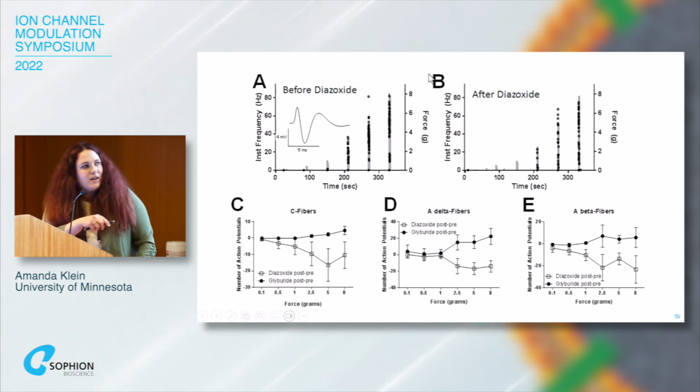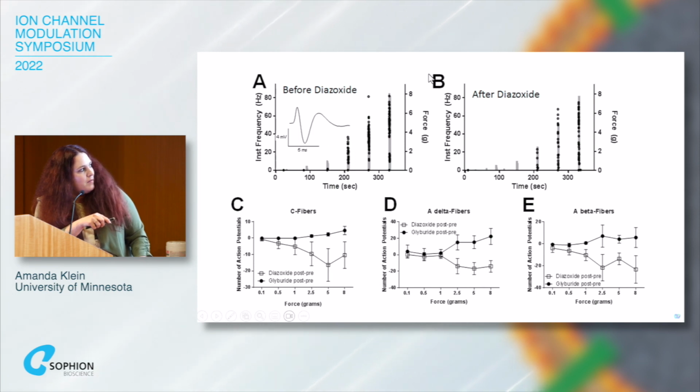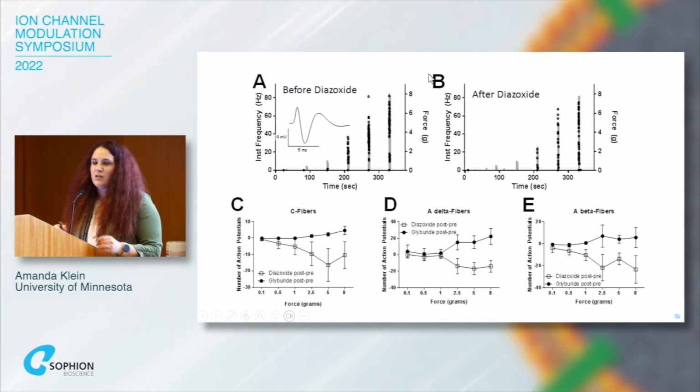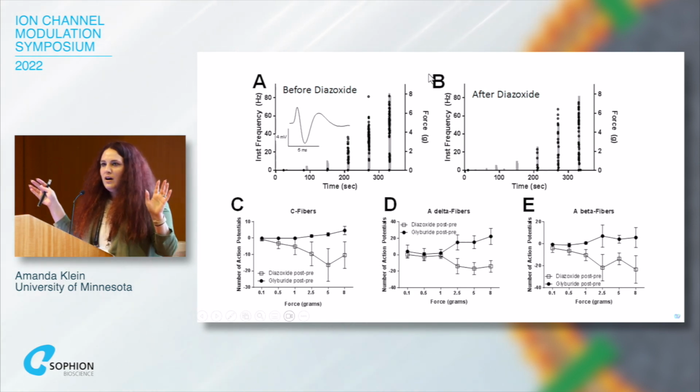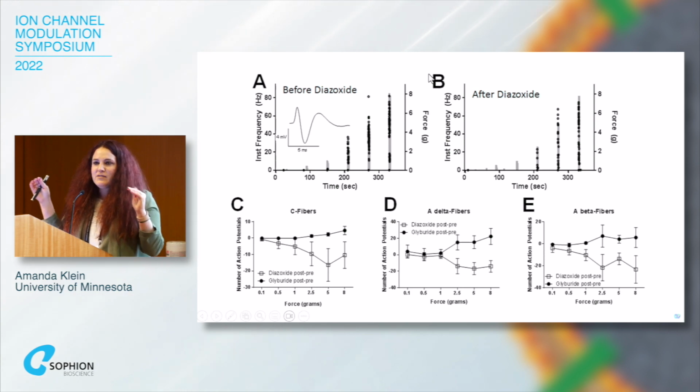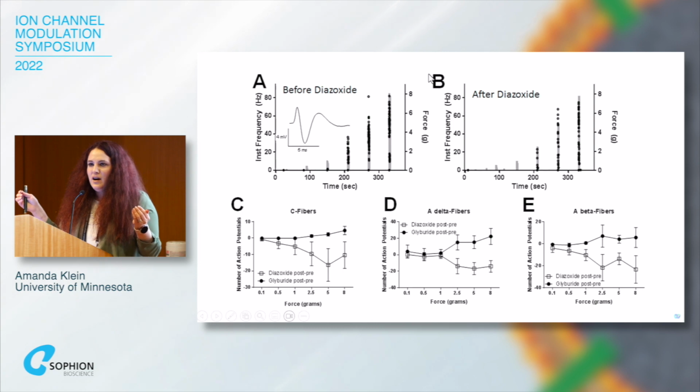Another interesting point that I want to make is that glyburide, or glibenclamide, depending on which side of the pond you're on, they're the same drug, by the way. That took me way too long to figure out. And antagonists don't really have much of an effect. Particularly in baseline and nerve injury conditions, the antagonists really don't have an effect,